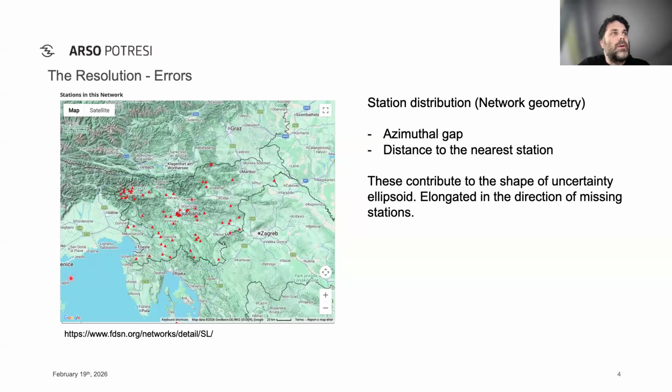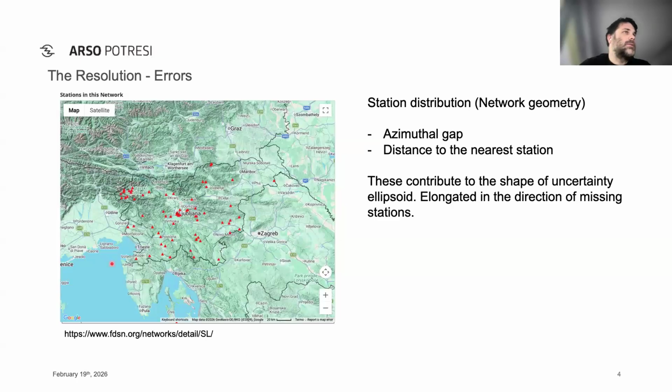So let's say the earthquake happens here and all the stations are away from only one side of the earthquake. Then the earthquake will be pulled toward the stations and you will get very bad locations for it. What can we do regarding this? The red triangles that you see here are the stations located in Slovenia, and there are some earthquakes happening here, but all our location estimations are somewhere here, so the location is